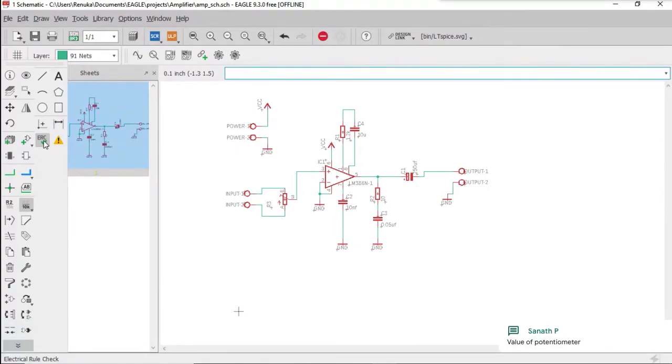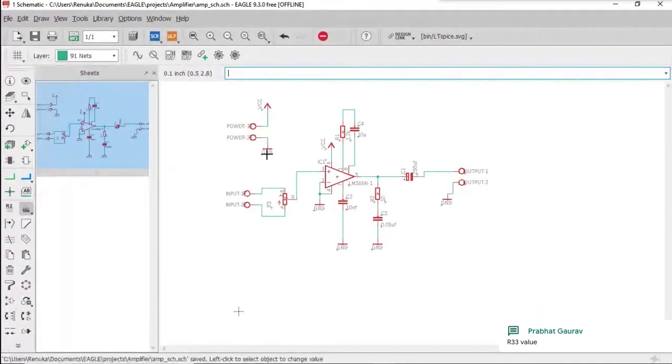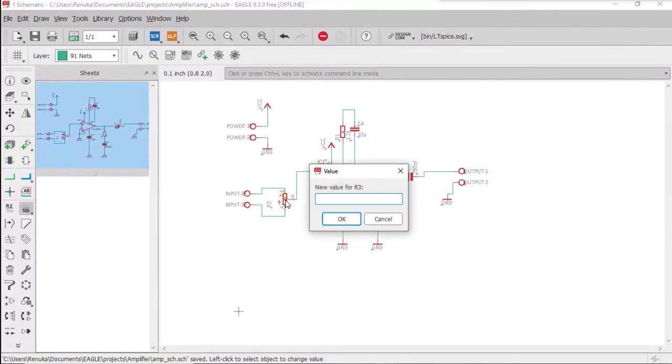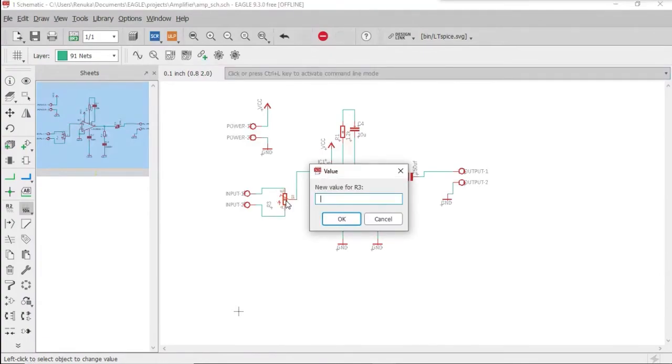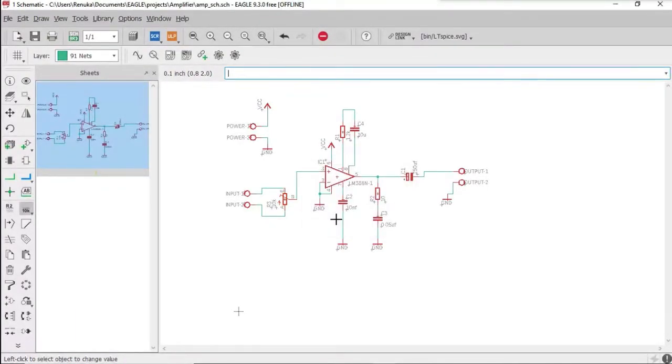The value of the potentiometer, that is R3 here, should be 10K. So just click on value, select the potentiometer, type 10K, then click on OK.